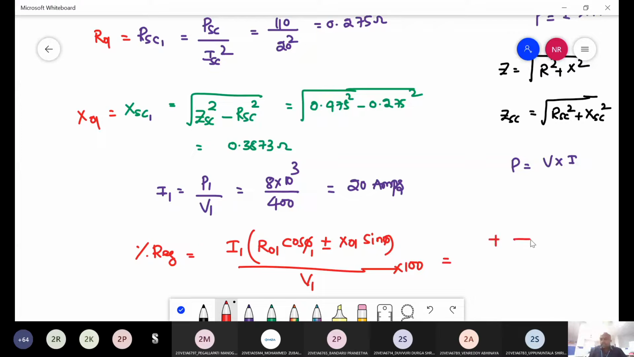Here the plus sign indicates lagging power factor, and the minus sign indicates leading. Yes, no? Sir, your voice is breaking. So